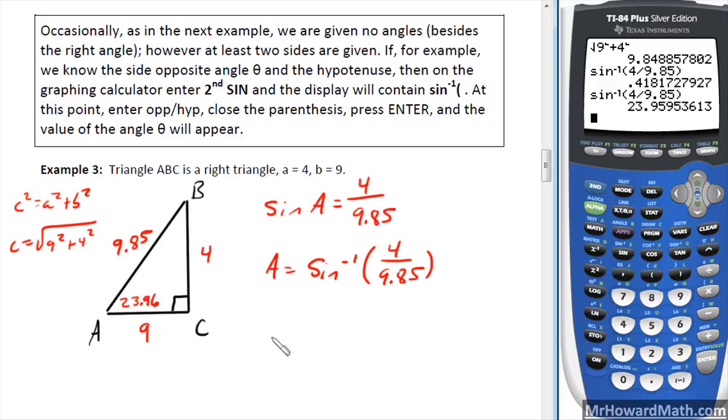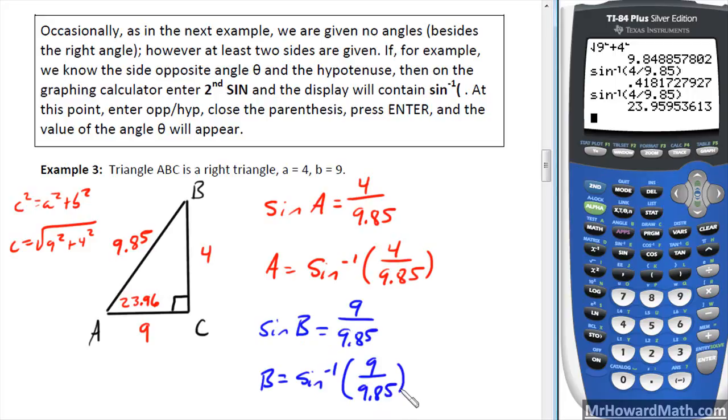Then if we want to find angle B, sine of angle B is equal to the opposite side, 9 over hypotenuse 9.85. That means that B is equal to sine inverse of that amount, 9 over 9.85. Again, when you're finding angles, you use sine inverse. When you're finding sides, you use regular sine. So second sine inverse of 9 divided by 9.85. We're in degree mode. We fixed that before. 66 degrees. We'll put that right here, and we're done. We have all three sides, all three angles. So we can now move on to